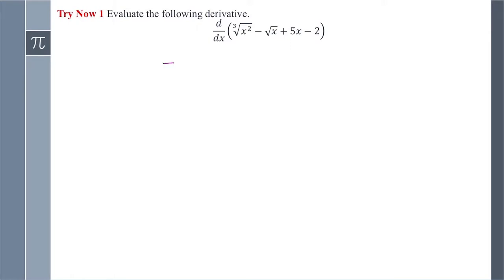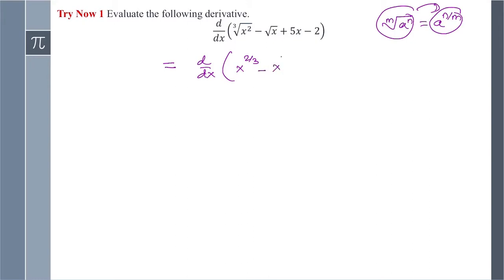So this equals d over dx. Again, let's change that radical into an exponent. So remember this, if you have nth root of a to the m, so that is a to the m over n. That's how we change this radical into an exponent, okay? So same thing here, we have x to the 2 over 3, then minus x to the 1 half plus 5x minus 2. And then when we find the derivative, so the derivative of the first one is 2/3 x to the